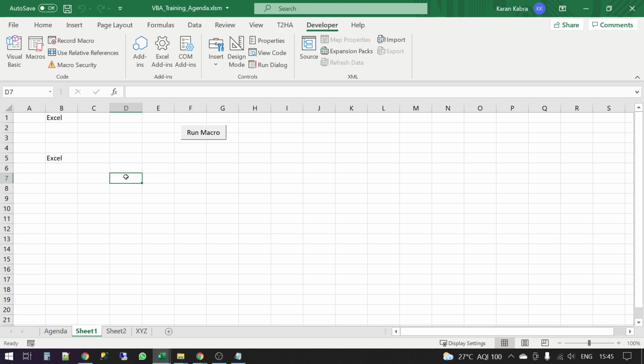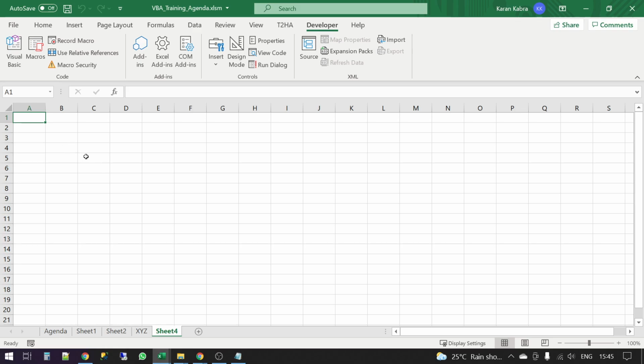So that means the selected cell. You need to be able to replace that particular aspect of Selection with the cell that you want to color. Let me add a new sheet.